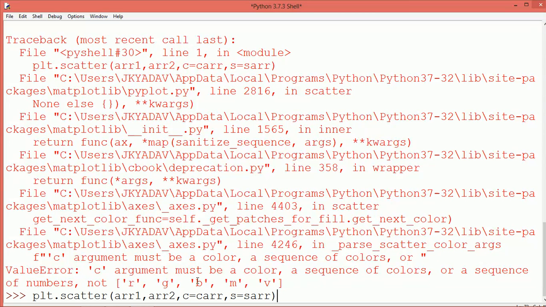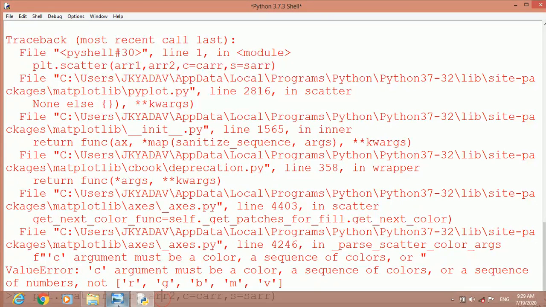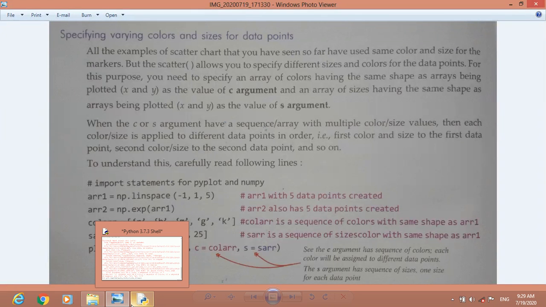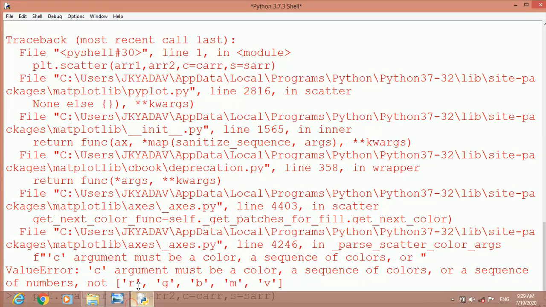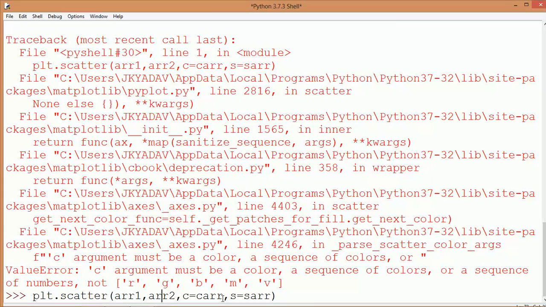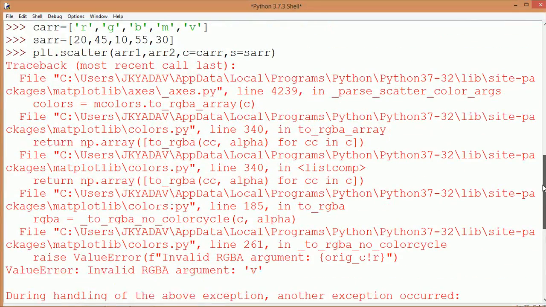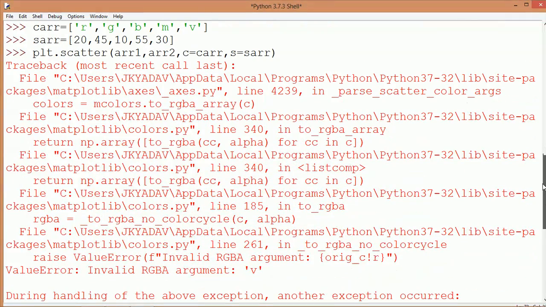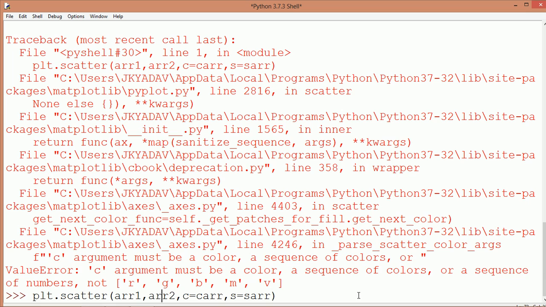So let me check once again. plt.scatter array 1 array 2, the same thing is given, then color, then size array CARR SARR. CARR we have color, SARR we have sizes. Okay, correct. CARR SARR.